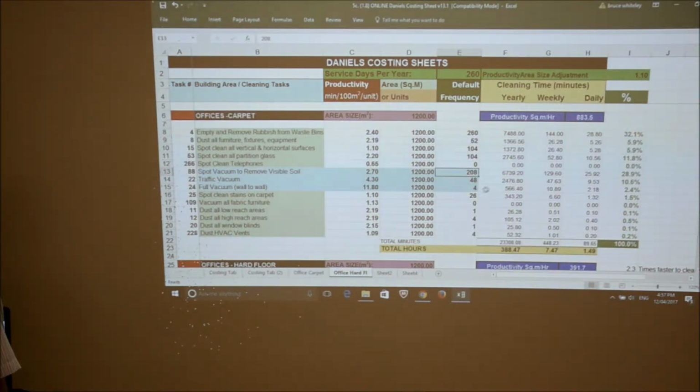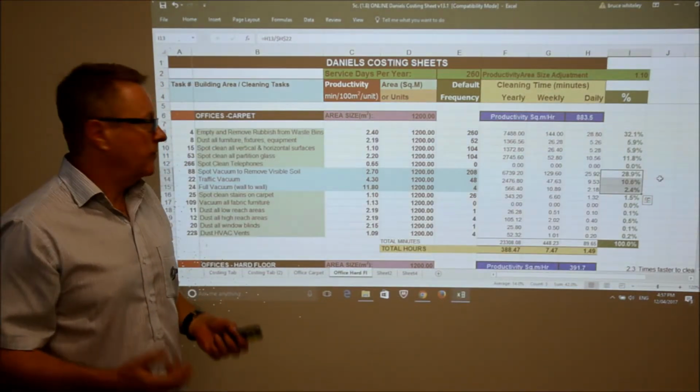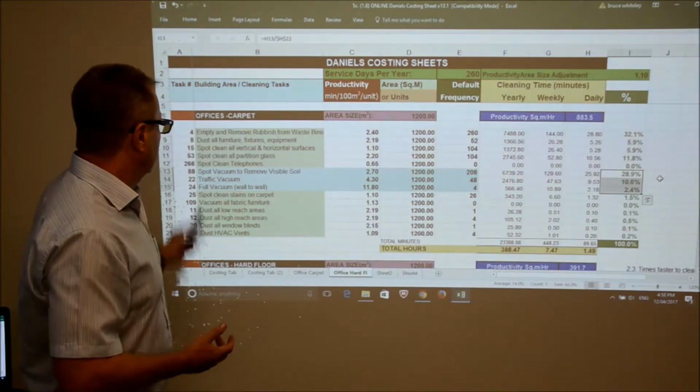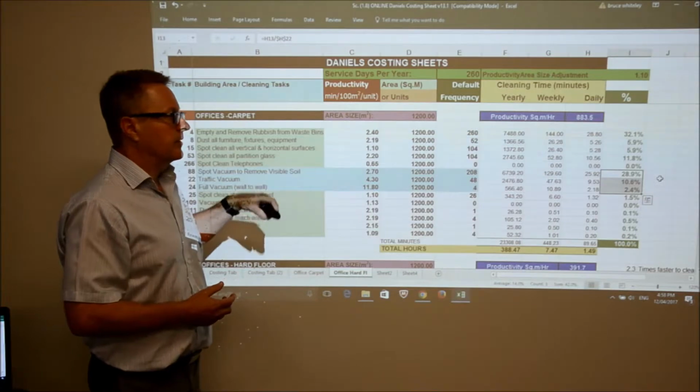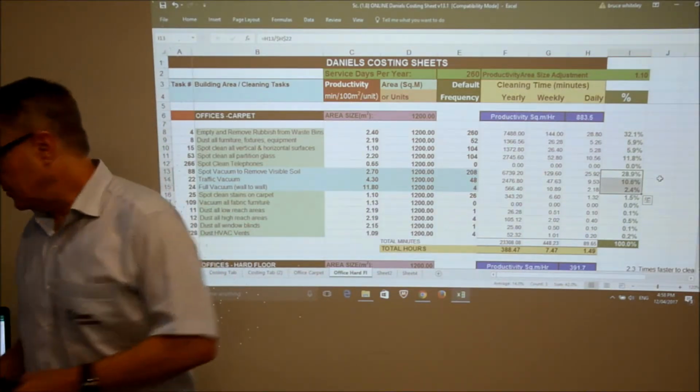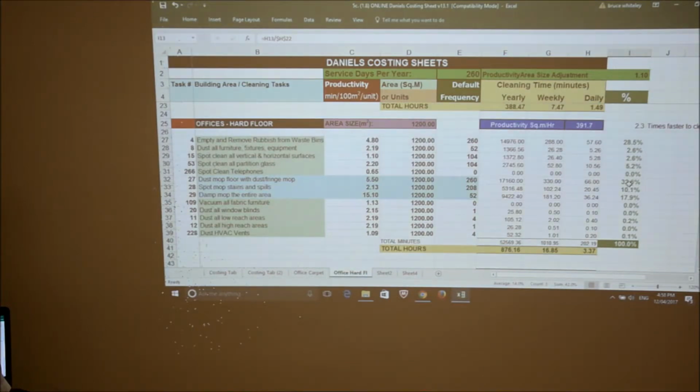We're going to spot vacuum 4 days a week, we're going to traffic vacuum 48 times a year, and we're going to full vacuum once a quarter. Our percentage of time involved there is going to be 28, 10 and 2.4. So it's a little over 40% of the time to clean this office to this specification. A little over 40% of the time is cleaning the carpeted floor. When we come down and look at the hard floor,